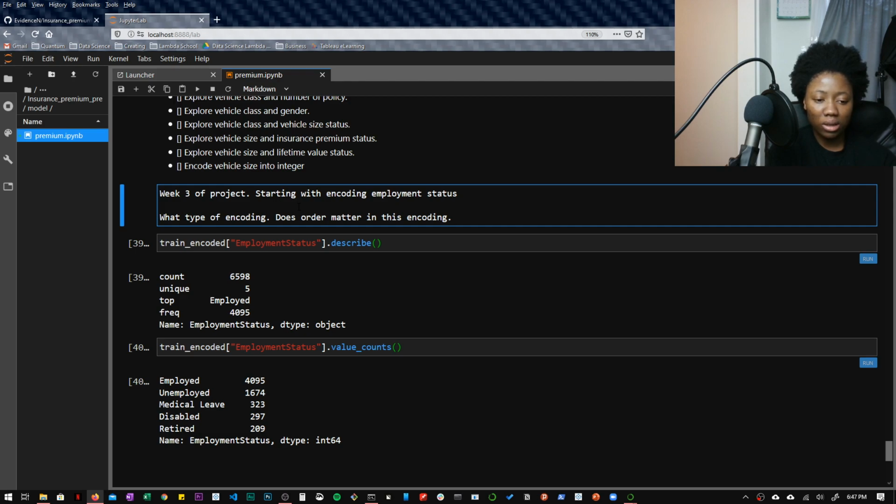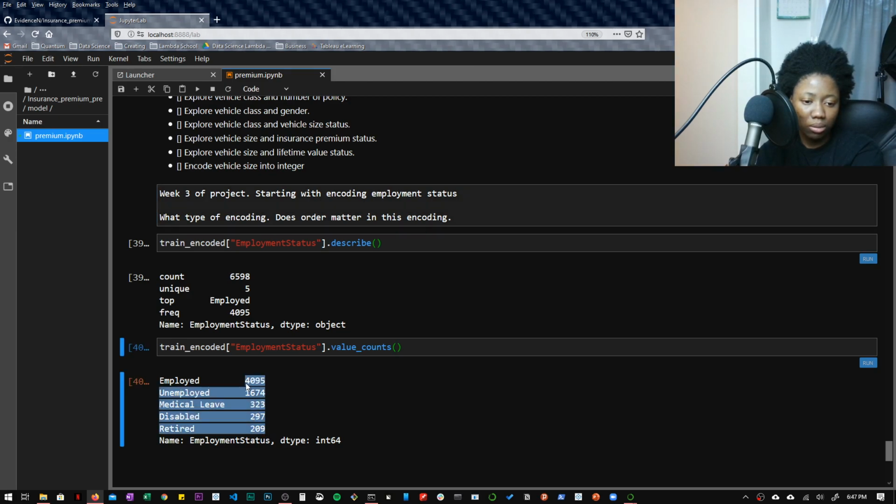Basically, does your employment status affect your insurance premium? That's a good question. If we give each one a weight, then we are basically saying,